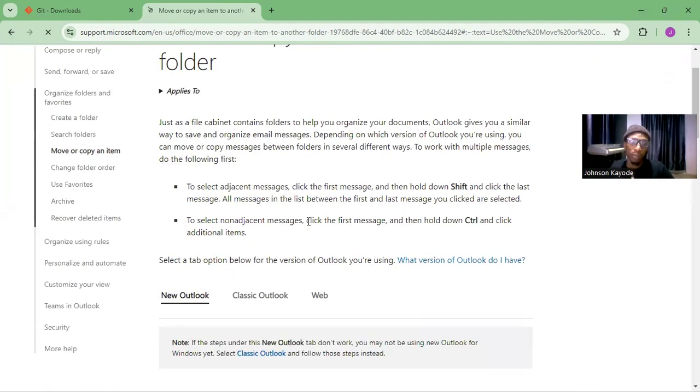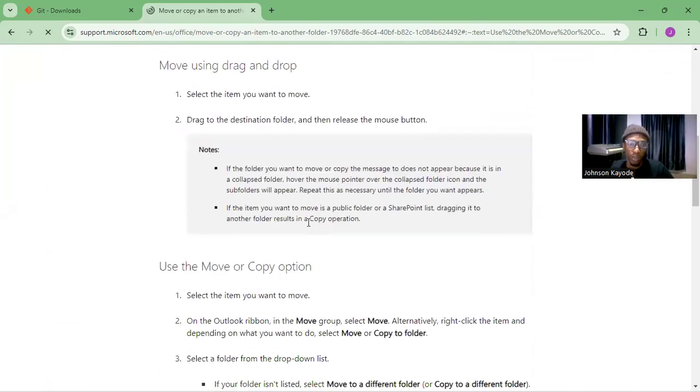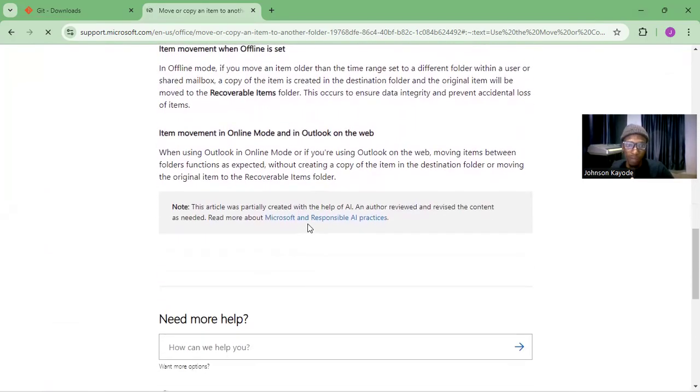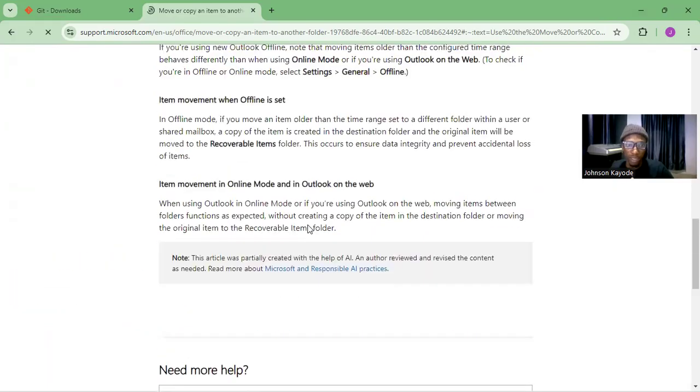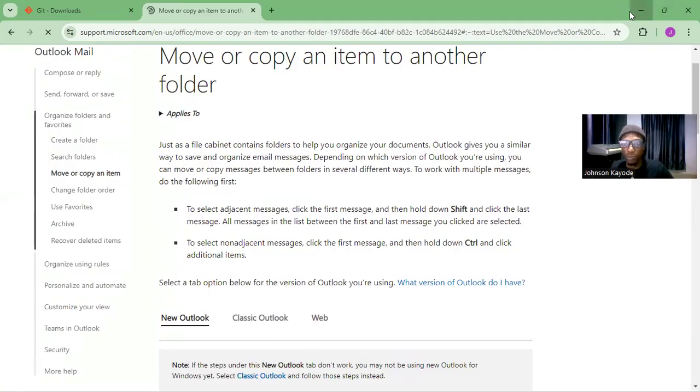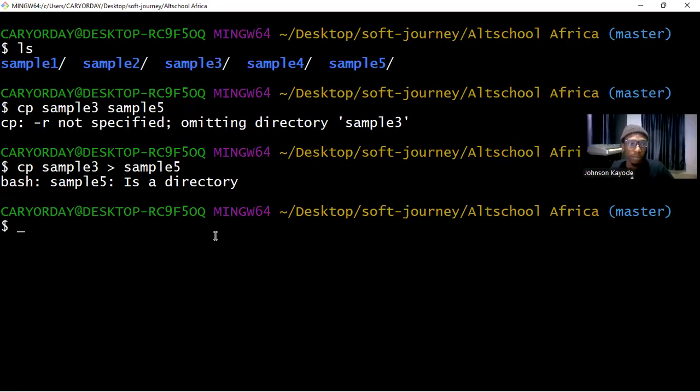Move or copy an item. So guys, basically what is happening is I'm having issues trying to move a file outside the folder or moving it from one folder to another. I'm thinking of copying what is in sample 3